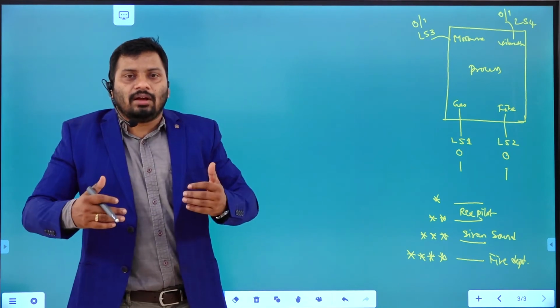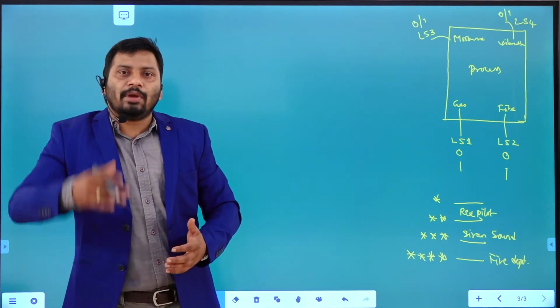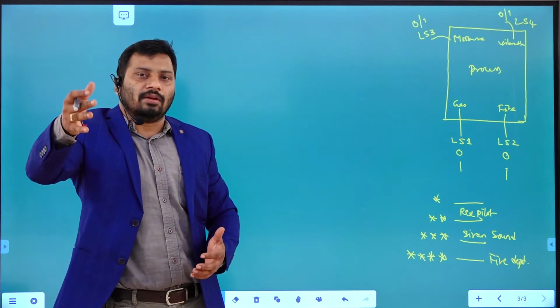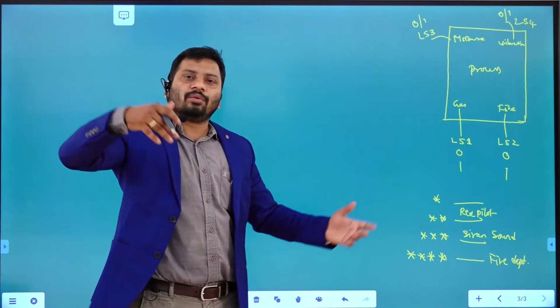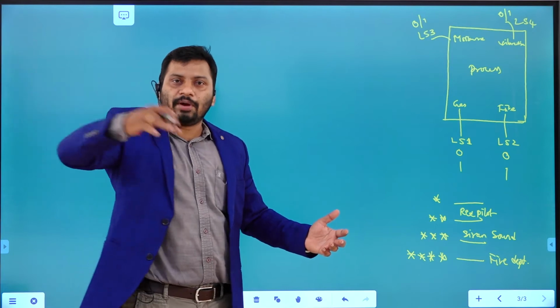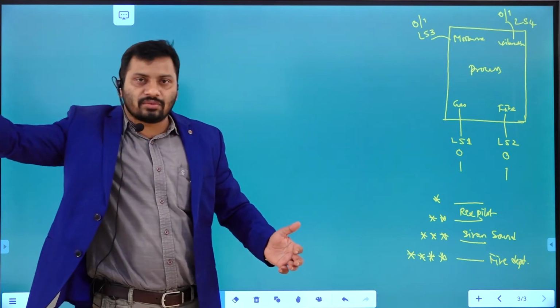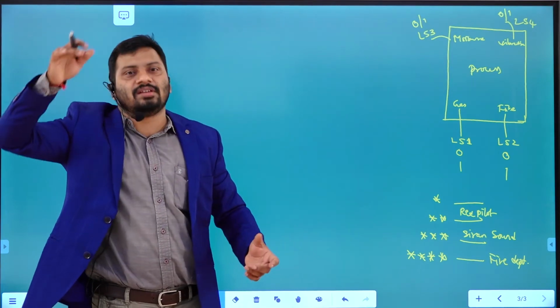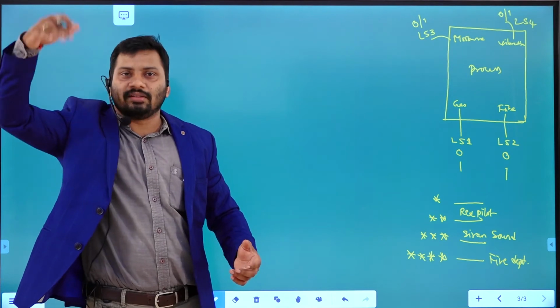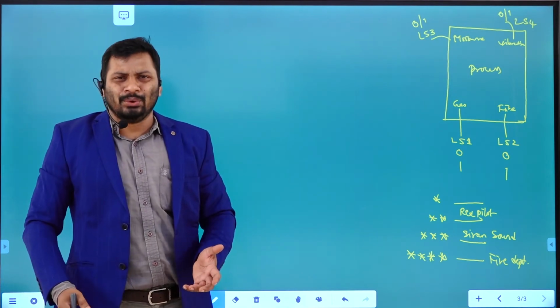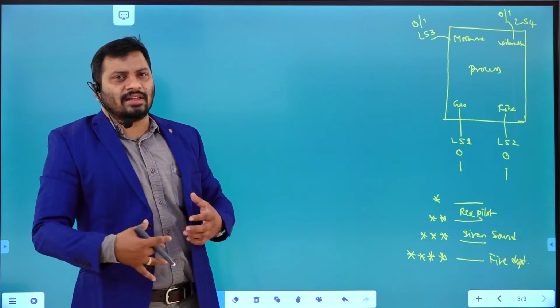For that I am going to write a PLC program. Maybe your idea is different, right? Once fire is there, you want to communicate with the fire department. If gas is there, you want to give some sound. If vibration is there, you want to give another sound or other indication. Like that you can also plan, right? My plan is like this.